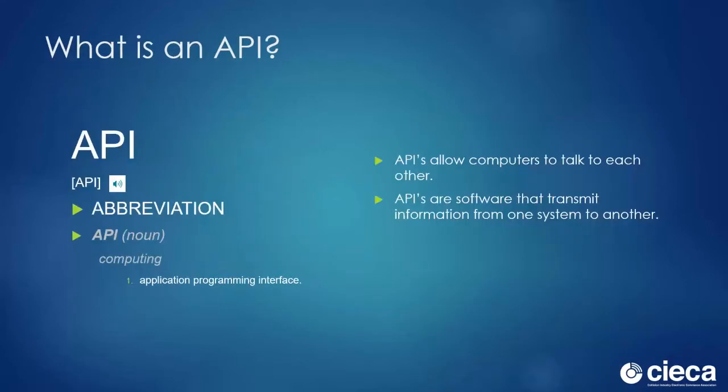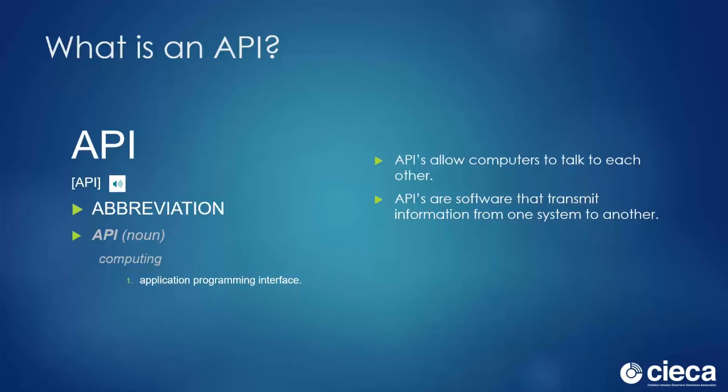We'll begin with the API. The definition of an API is Application Programming Interface. So what does that mean? Stated simply, an API is a connection point that allows one application or system to exchange information with another. Let's say you're a body shop that wants to order parts from a supplier. You want to be able to pass a parts order from your shop management system to a parts provider system. Each system will have an API that allows the two systems to talk to each other.